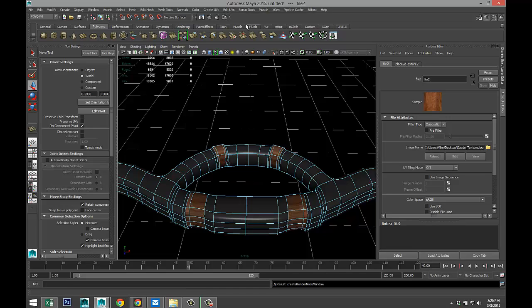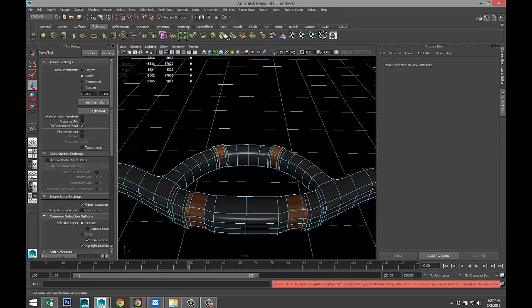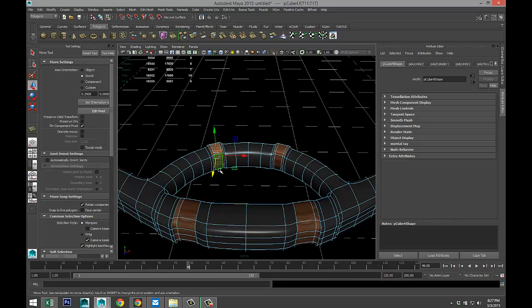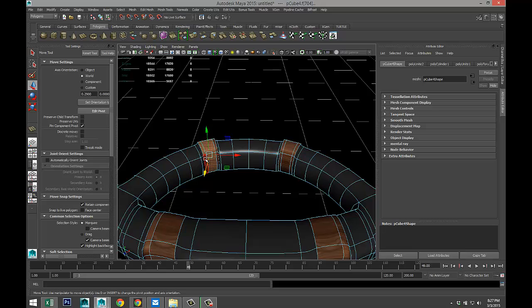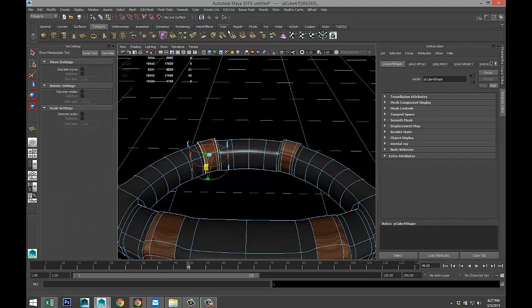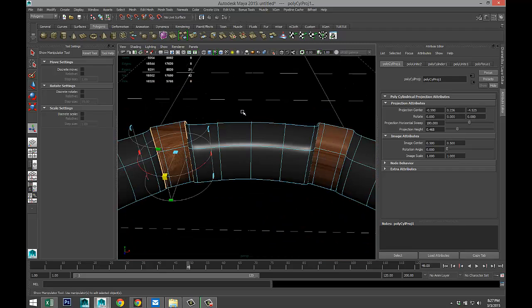There we go. We're going to go to create UVs. Let's try, I have to reselect them obviously. Create UVs, we'll do cylindrical mapping. And let's see how that looks. Not bad.